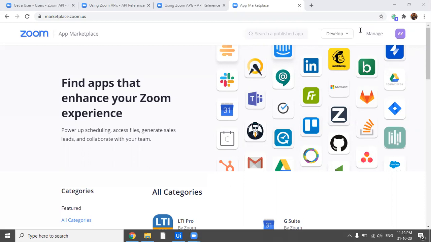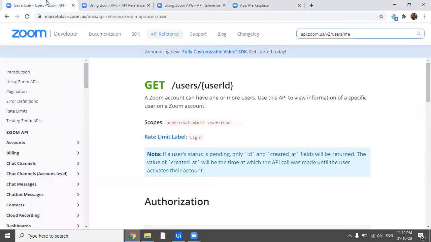So starting off, I showed you that there is a very detailed description already given for all the APIs in marketplace.zoom.us. So you have documentation here, you have a way to integrate SDKs, you have API reference. Then also there is a Zoom forum, like we have the UiPath forum, wherein if you're facing any issue related to any API call or any integration or anything regarding Zoom, you can post it there. There are forum members of Zoom who will try to address your queries. It may take some time for them, but they try to address it.